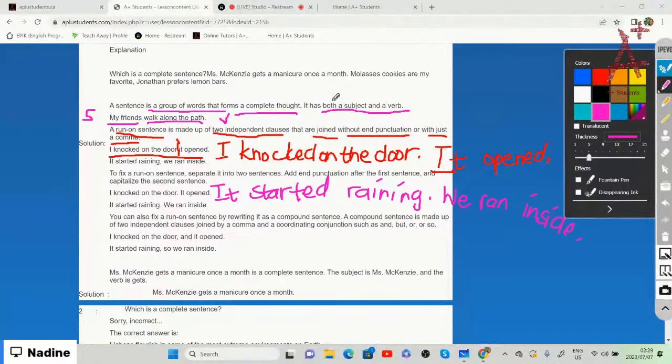Now it says you can also fix a run-on sentence by rewriting it as a compound sentence. And remember, a compound sentence is made up of two independent clauses joined by a comma as well as a coordinating conjunction, such as and, but, or so, right? Which means that I knocked on the door, it opened, then we can write it as